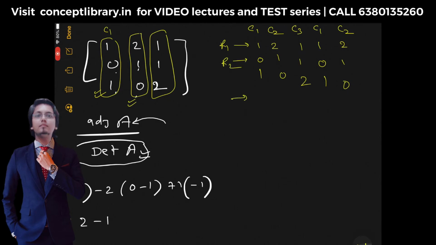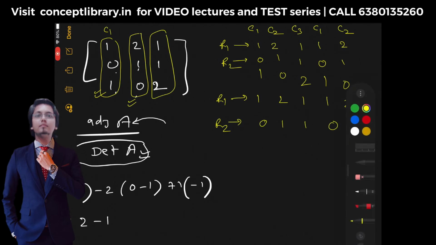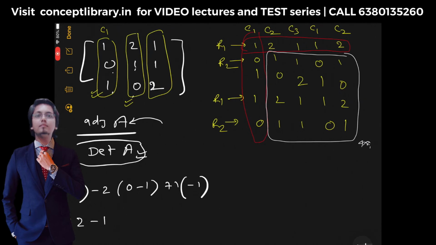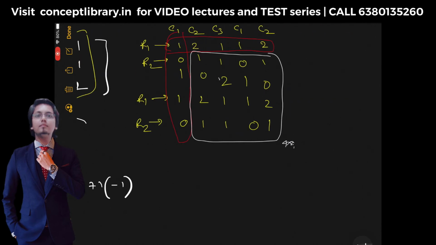Just copy down here row 1 again, the complete set 1 2 1 1 2, and then again come and do this second row. This R1 is completely here, R2 we have to write 0 1 1 0 1. Now see, you have to erase your first row and first column, means this portion you have to quit and this portion you have to quit. So we are remaining with how much? Actually we are remaining with this much, right? So we are actually remaining with 4 cross 4. Now what to do? You just multiply this here and minus multiply this here.